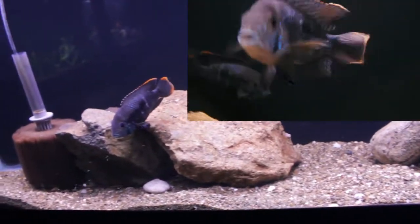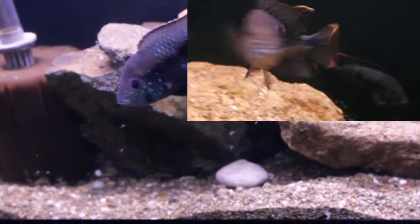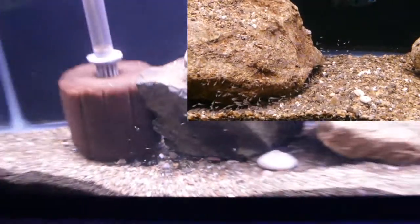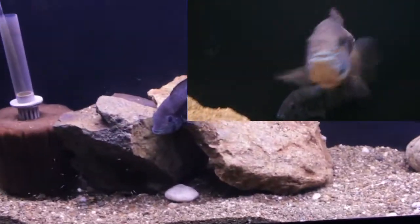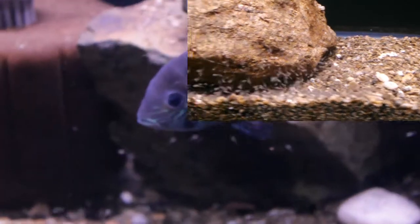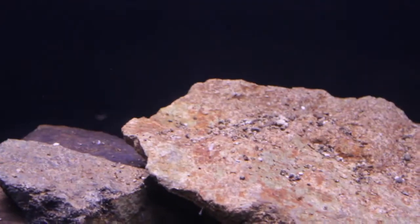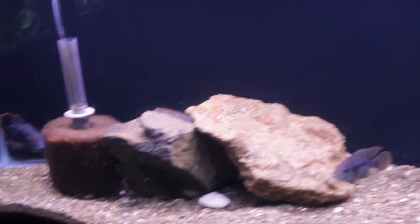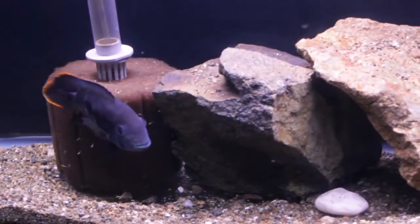But as you can see, the number of the fry has dropped dramatically. I'd say there's maybe about 40 or 50 left. Part of the reason is that in this tank I kept a school of giant Danio. The fry are just reckless. They don't like to stay close to the parents. You see I have some over here, I have some on a rock. Before, when it was a lot, they were just all over. I had some at the top of the tank, some down here, and I had a school of giant Danio just diving down, plucking at them,